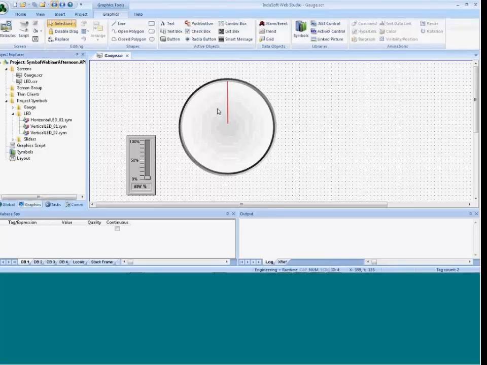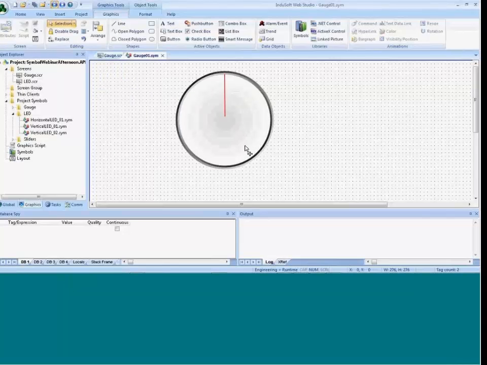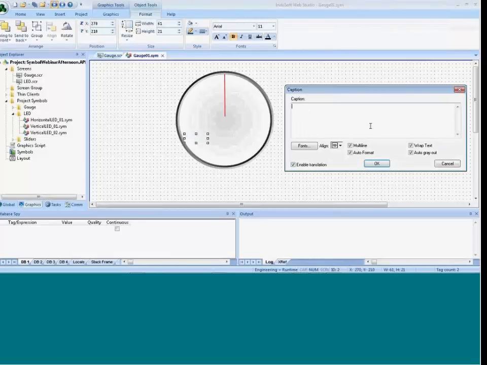So how we're going to do that, first we have to go back into the symbol editor by right-clicking, edit link symbol. And now within here, I'm going to add a rectangle, and I remember that this is about 135 degrees down here, or 135 degrees. And I'm going to put a little rectangle, and I'm going to turn off the border, I'm going to turn off the background, and then here I'm going to put the same idea, in curly brackets, # tag name,